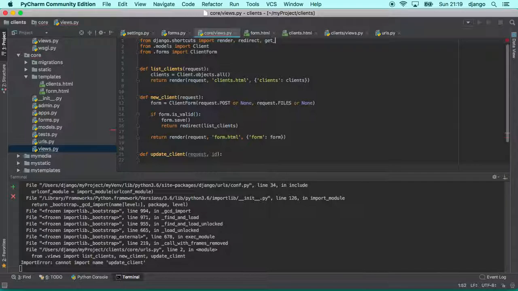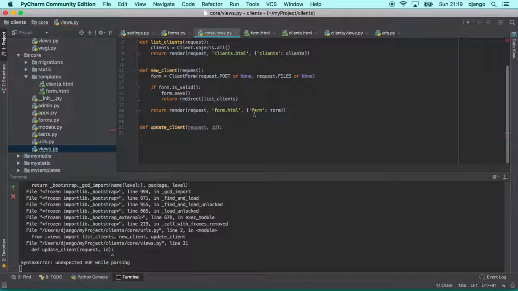That's called get object or 404. Okay, this function will be handy because it will try to get the object. If it did not find it, instead of raising an error or whatever, it will raise a 404. Okay, so we'll give an appropriate